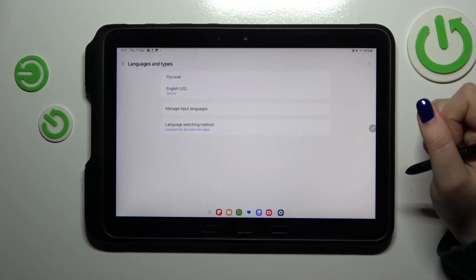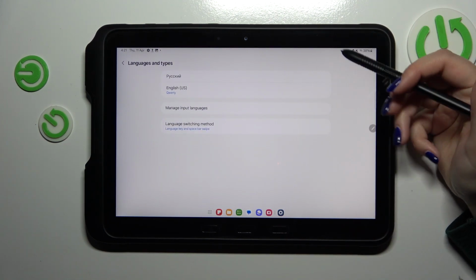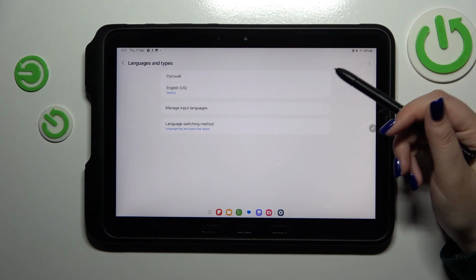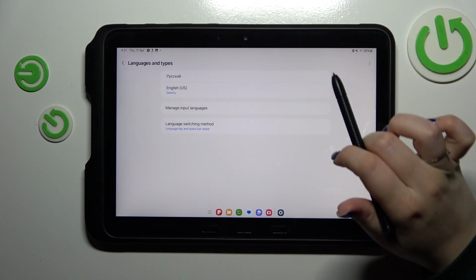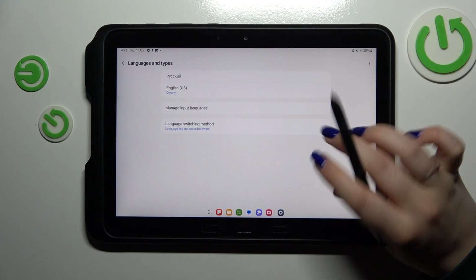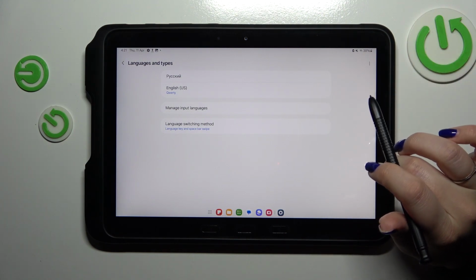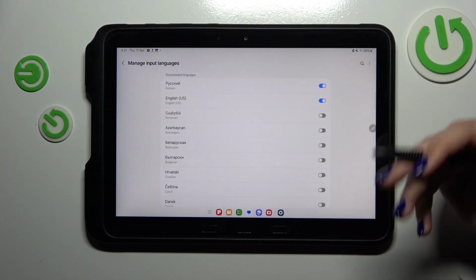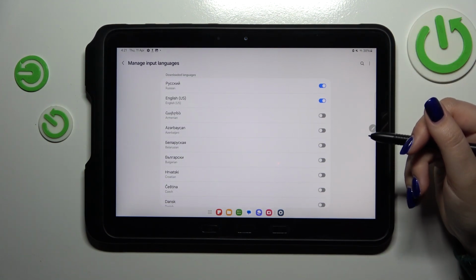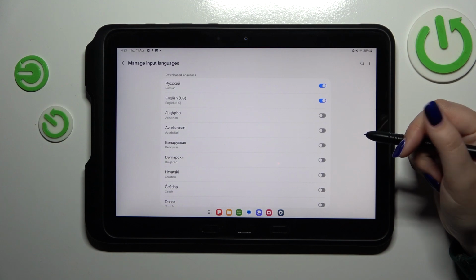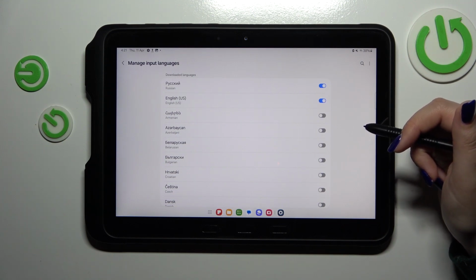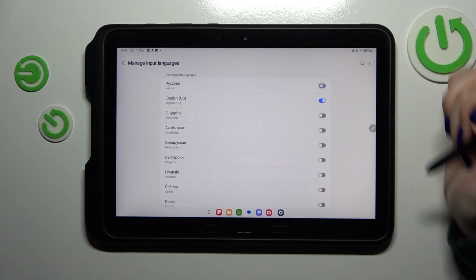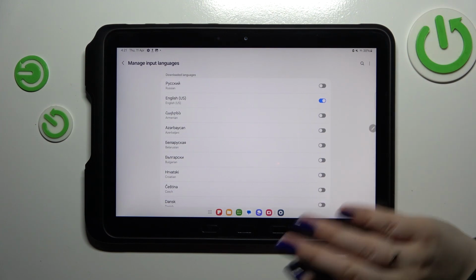Now let's tap on languages and types, and as you can see, this is the list of all currently applied languages. I've got not only English but also I believe it is Russian. I'm not sure. So all we have to do right now is to tap on manage input languages to open the full list of available languages. If you want to remove the previous language, simply tap on this switcher right here and it will be